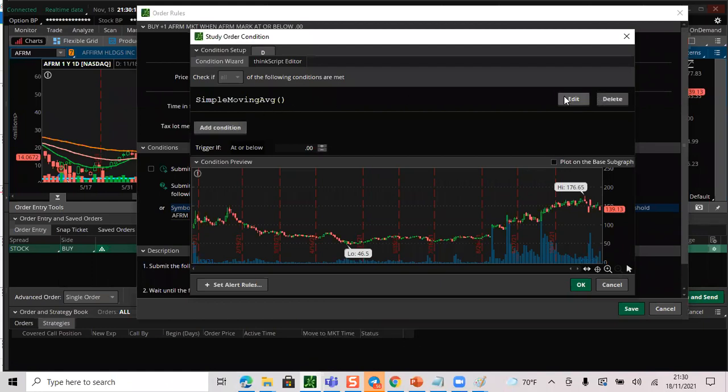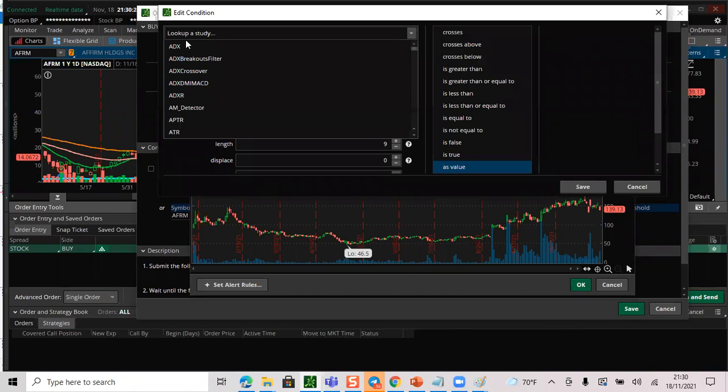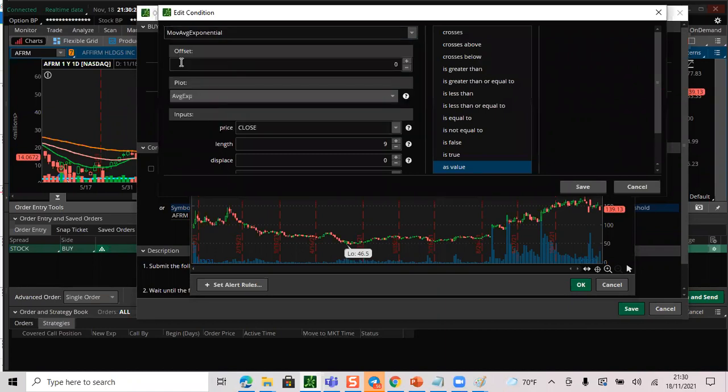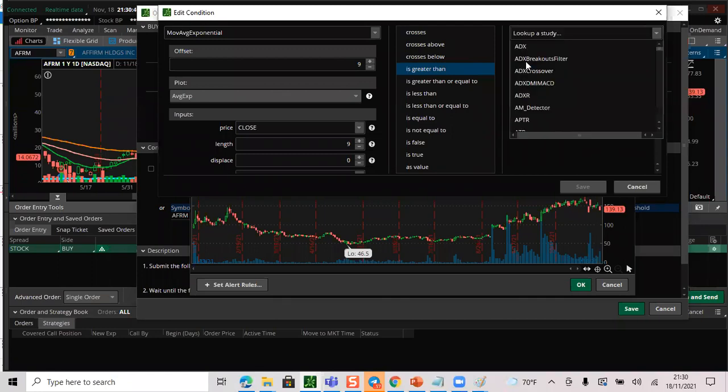You can just edit here. You can just add exponential moving averages. The moment it goes above, moving average 9 is greater than, we can just add,